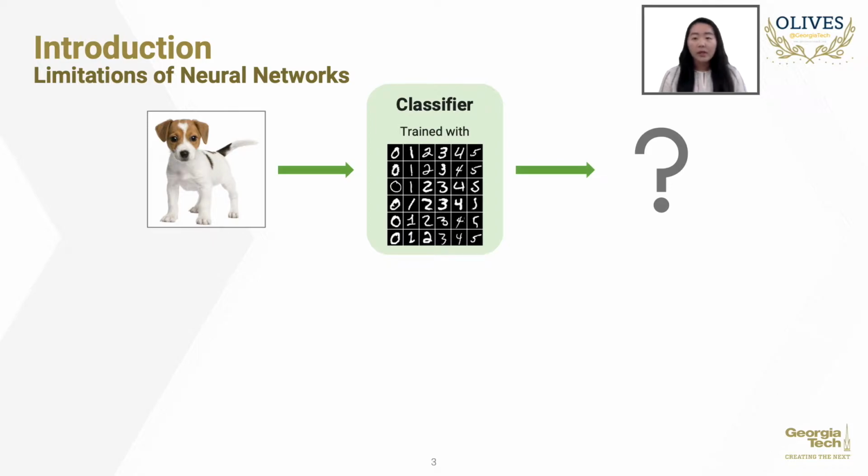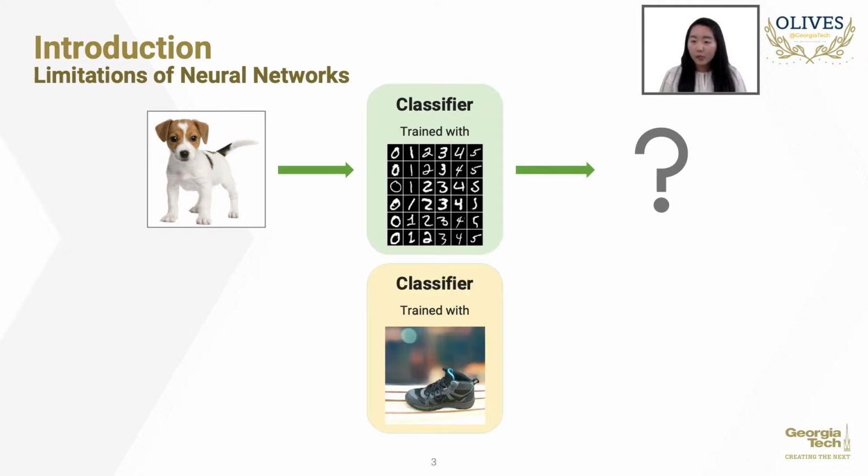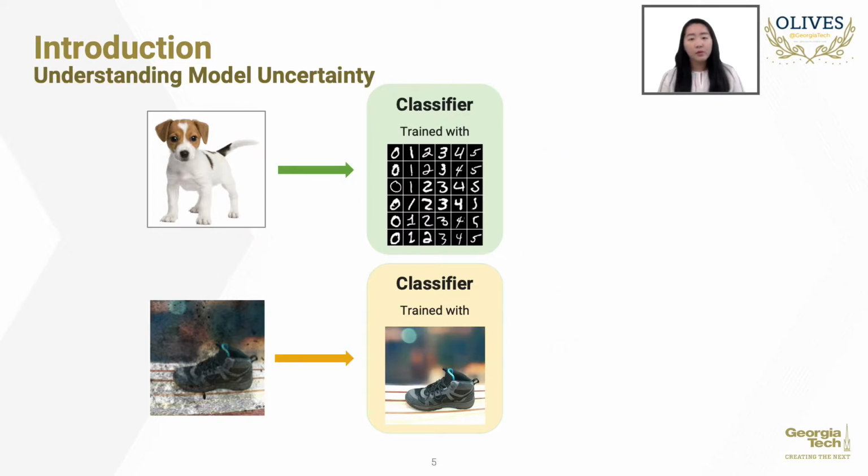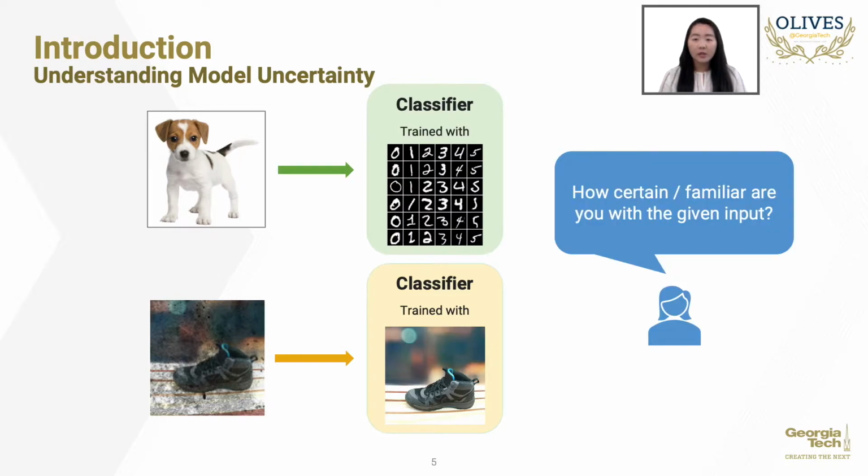Another example, a classifier is trained with objects of no challenging conditions or issues. But if it encounters an image of an object obtained via dirty camera lens, the model prediction may not be trusted. To ensure a level of reliable performance, a neural network should be able to identify these types of unfamiliar inputs to prevent from making random predictions. To do so, we need to understand how certain a model is with given input. So in this work, we propose a simple yet effective method to measure model certainty of deep neural networks.